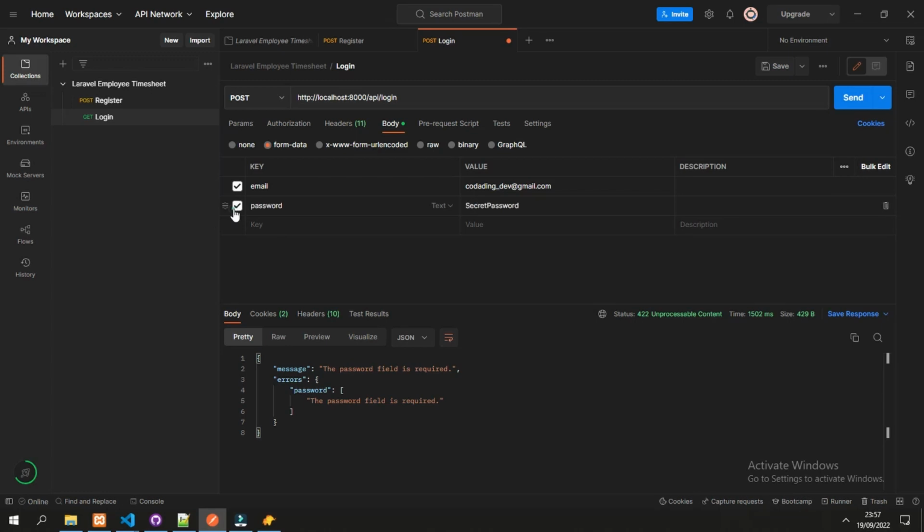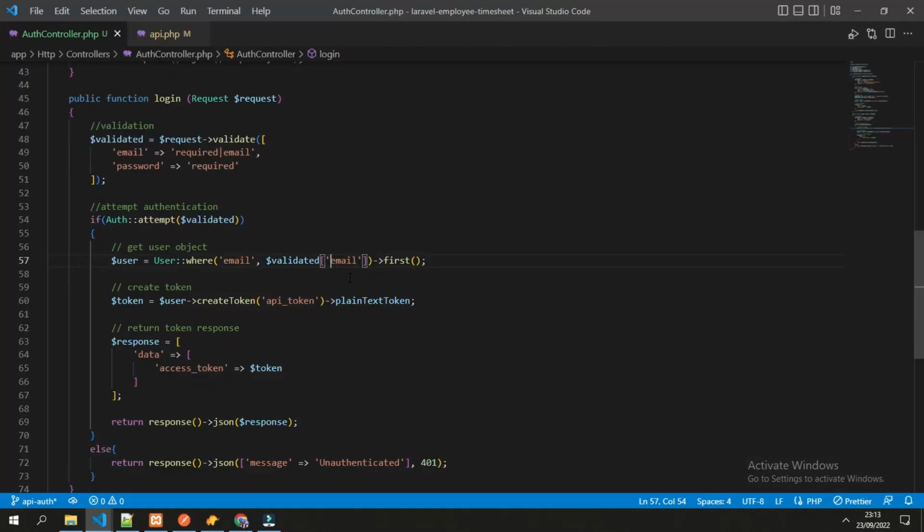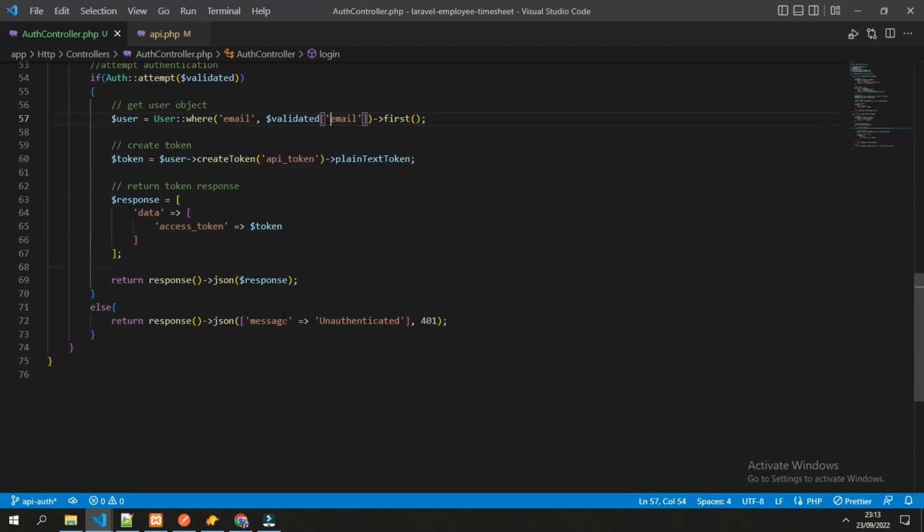If we fill the password but it is the wrong one, it should send back the unauthenticated response, the 401 status. So for now the login API is working correctly. The next API would be the logout function. So let's create that.